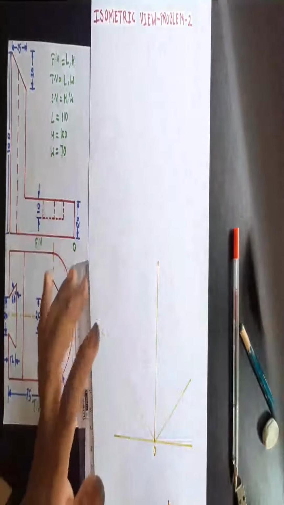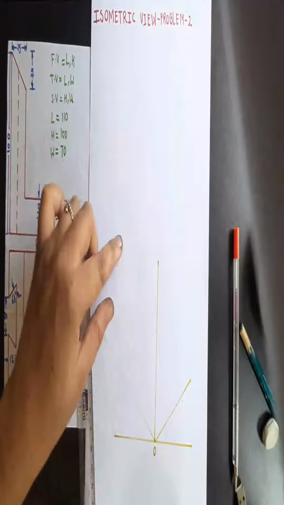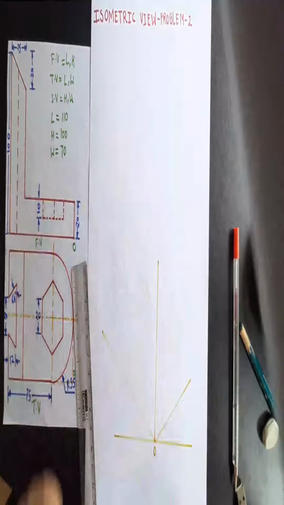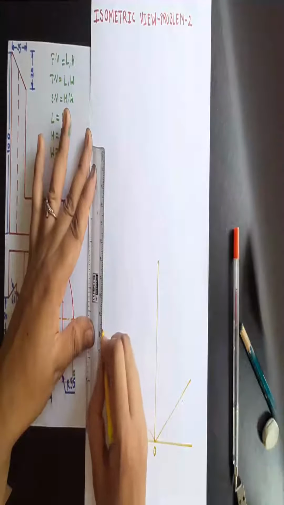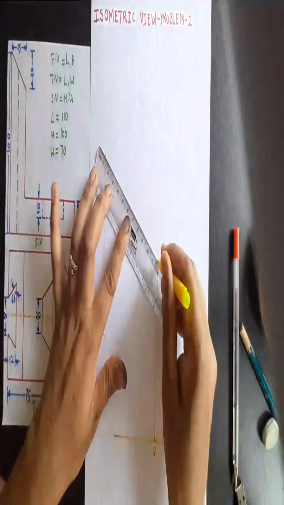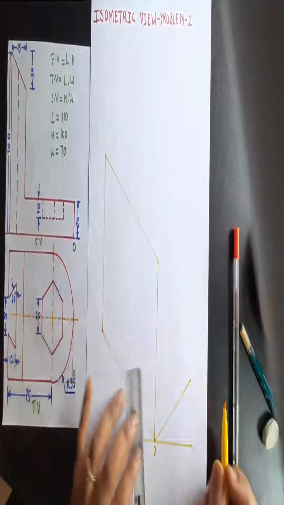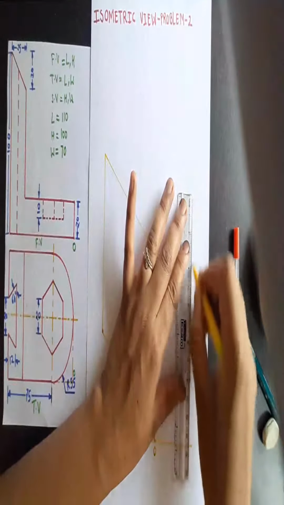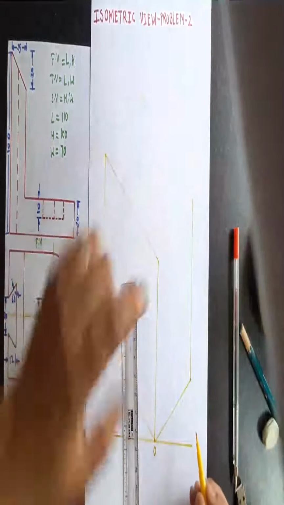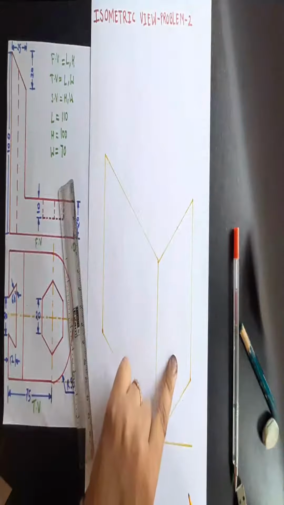Now let's complete one of the faces. Let's start with the front face, as this is having the length. So on this side will be the front face, this side will be the side face. From this end point, draw the height of 100 mm and simply join the top points of the heights, both the heights. Let's start with the side face. From this point, draw the height of 100 mm and join the top of the heights. In this manner, you can complete the front face as well as the side face.